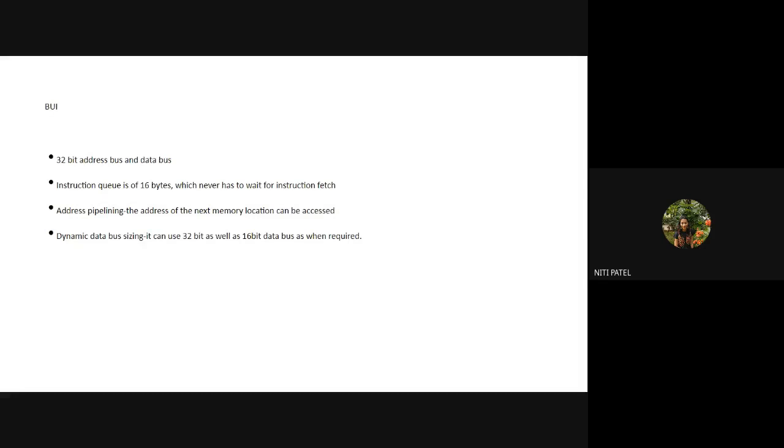Now, when I give this program to a computer, what will happen? A computer has to execute this. Who is going to execute the program? Your CPU will activate its internal components and it will execute the program. But what is this program made up of? It is made up of 4 different instructions. Which are those? First instruction move, second instruction move, third instruction add, fourth instruction store. So each and every instruction is going to be executed.